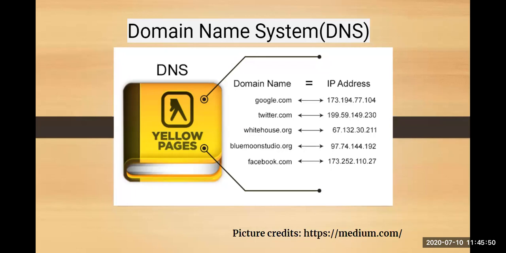But initially we used to have a diary, wherein on the right hand side all the alphabets used to be there from A to Z. Once you go to that particular alphabet A, you had all your relatives' numbers and your friends' numbers starting with A. It was just like a reference book, referring the names with the phone number. So yellow pages and diary were the two techniques initially used to know the phone numbers.